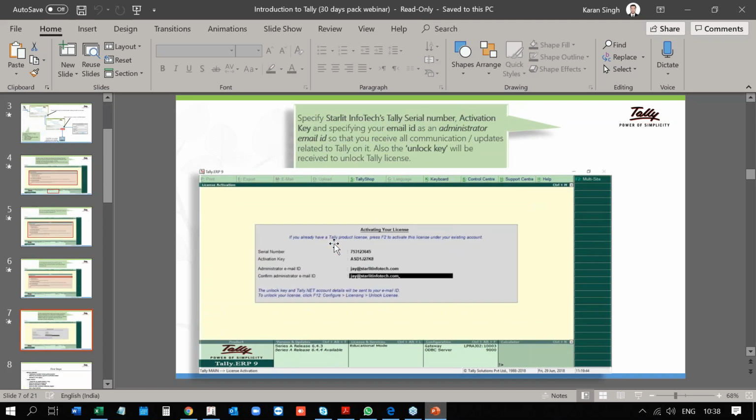You come to a screen where it says activating your license. You would require a serial number and an activation key, right? And your administrative email ID. So the partner from which you bought the license will give you a serial number and an activation key to put in this box, right? The serial number is a numerical sequence and the activation key is alphanumerical. So after you enter that, you enter your administrator email ID, which is basically the email ID where you will get all the required information from Tally,